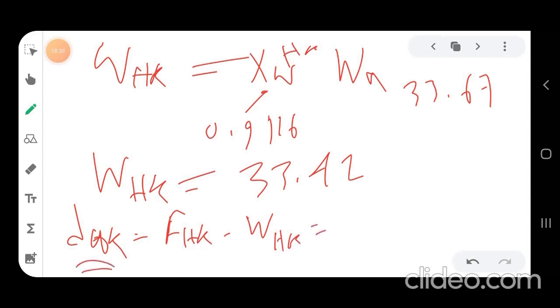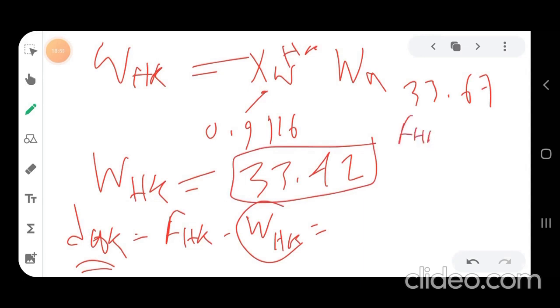The waste of the heavy key we determined before, it was 33.42, and F of the heavy key is equal to Z of the heavy key multiplied by the total feed. We know this is given as 0.35 and this is 100, so 0.35 multiplied by 100 is 35. We subtract them, we will get